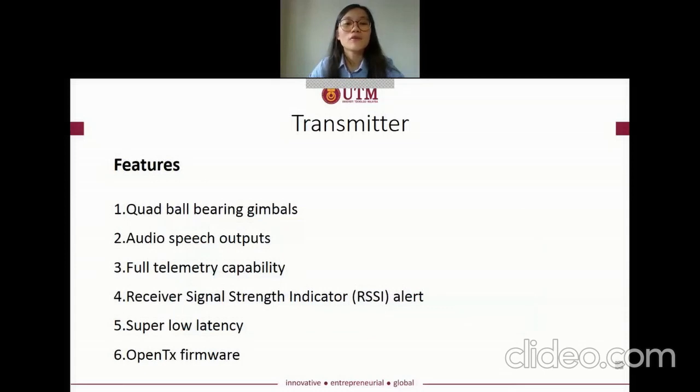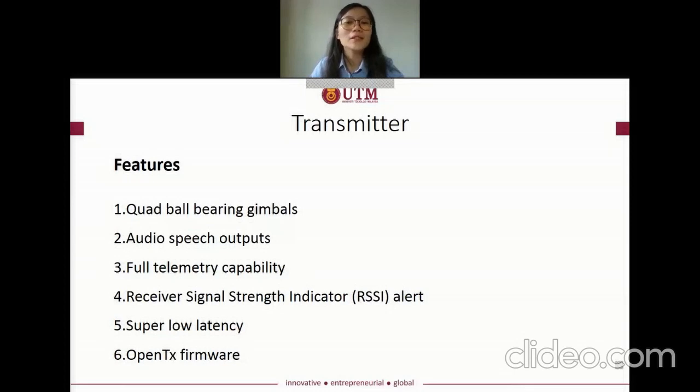For the features of the transmitter, first, the transmitter has quad ball bearing gimbals which provide a smooth feeling to the pilot when moving the sticks. Second, audio speech output. From that, the various alarms and settings such as changing mode can be heard by the pilot to ease the flight testing process. Third, frequency